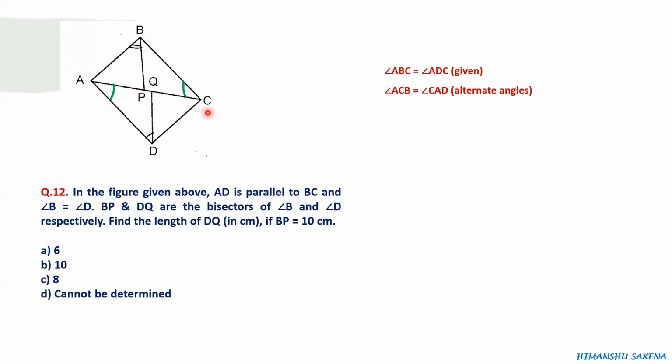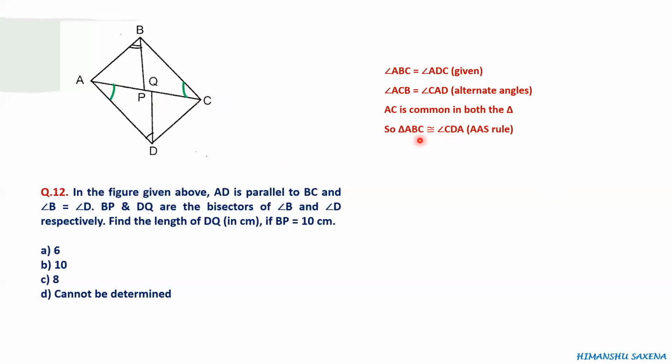So these alternate angles are getting made, and alternate angles are equal to each other. This we had seen in the previous video. Also, between these two triangles, AC is common in both the triangles. So as per AAS rule, we can say these two triangles are congruent. So triangle ABC and triangle CDA are congruent.